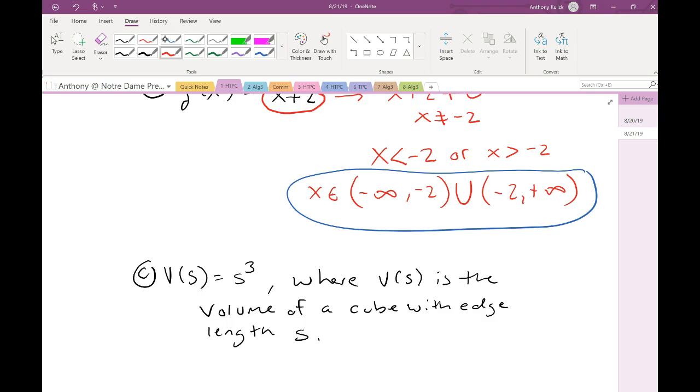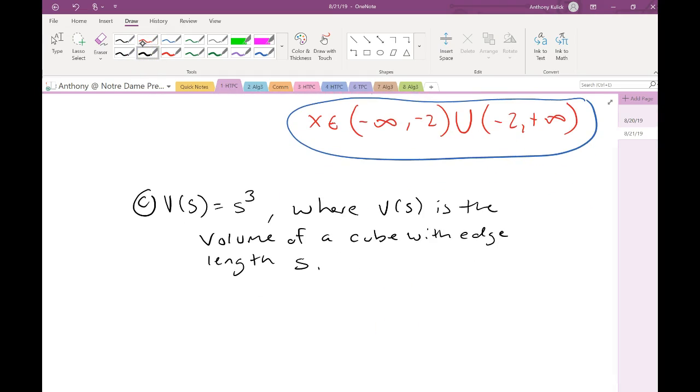If you don't, that's okay, but it looks familiar. So again, our implied domain, because of the context of this course, is all real numbers. The relevant domain is